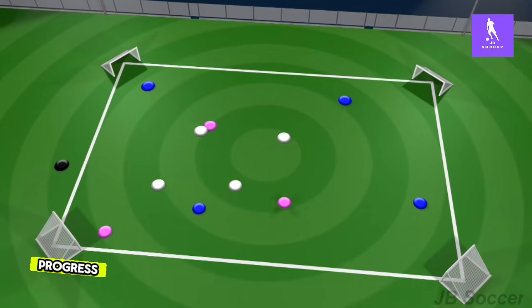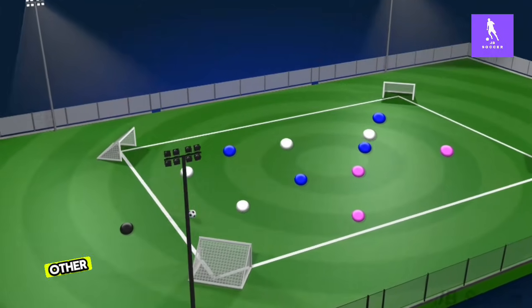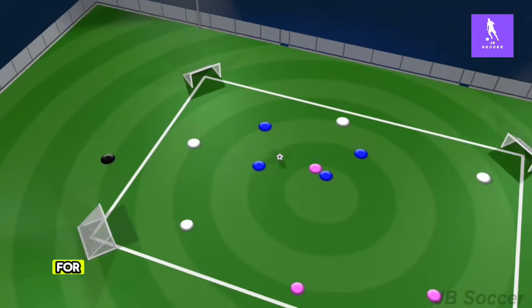You might not be able to progress on one side of the pitch, but you might want to draw them in a little bit further so you can then switch quickly to the other side and be able to progress through the pitch. So the sort of behaviours that we're looking for here are for players to be brave enough